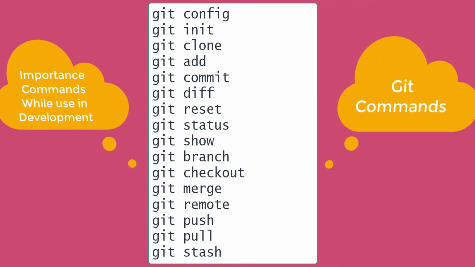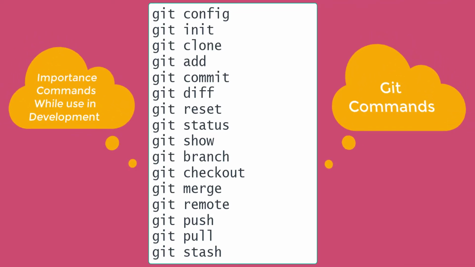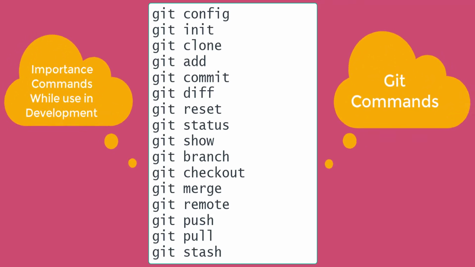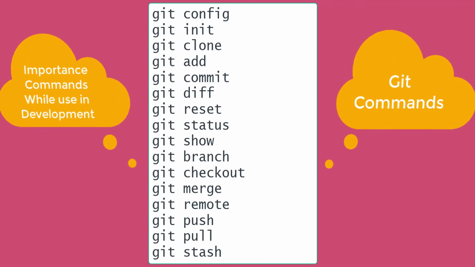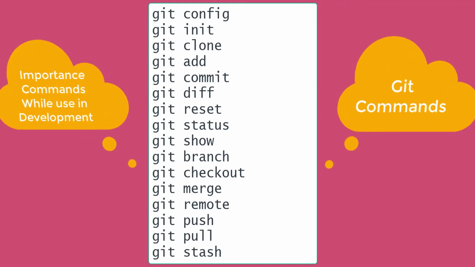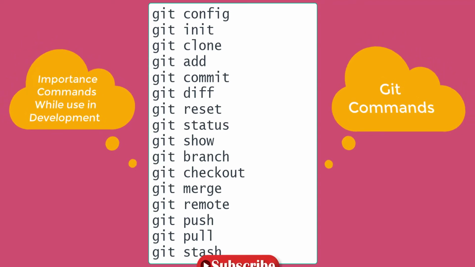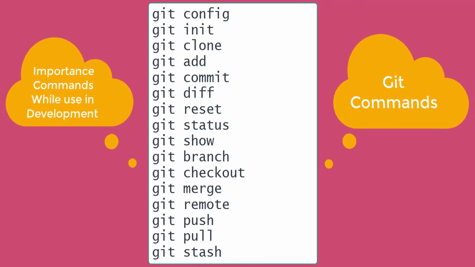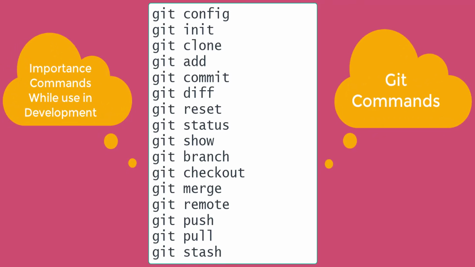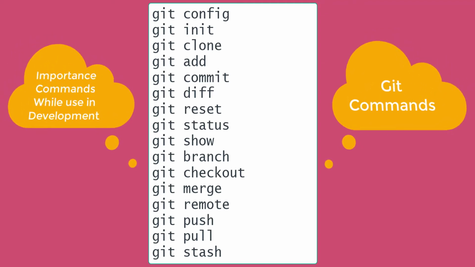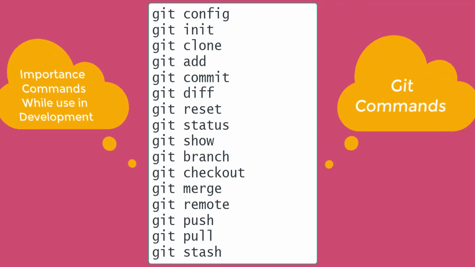Git init. Git init is nothing but if you are going to create a new project code setup in your local, you have to set git init first. In that case, you will get the git default files in your local directory. Git clone. Git clone is nothing but when you have a repository in github.com, you can clone it to your local. That means you are checking out or getting the files from the repo to your local machine.